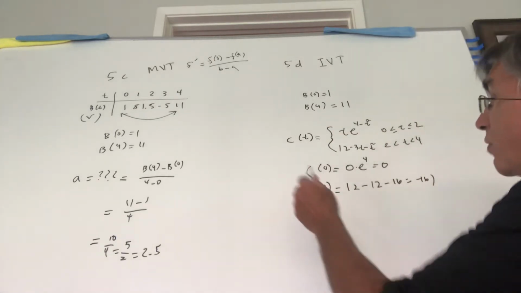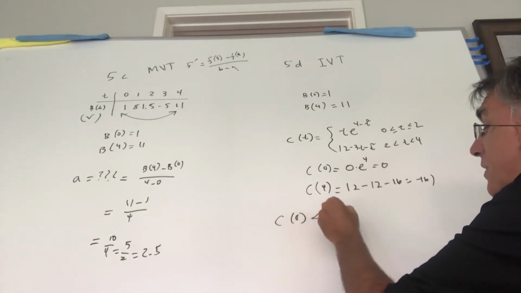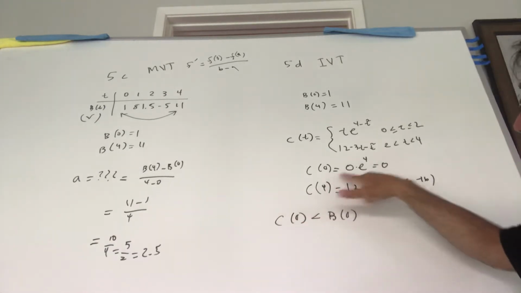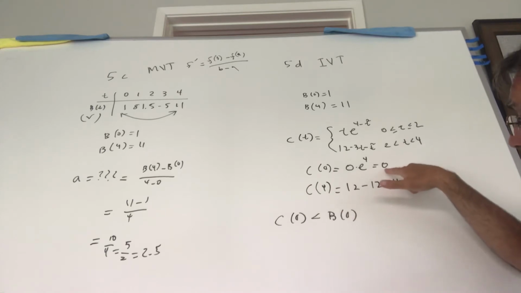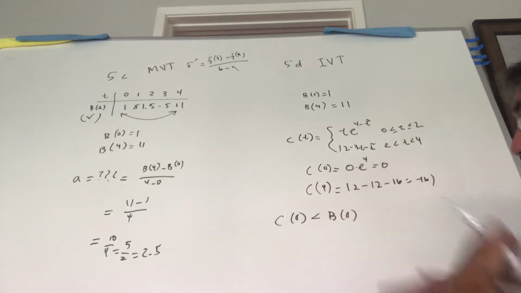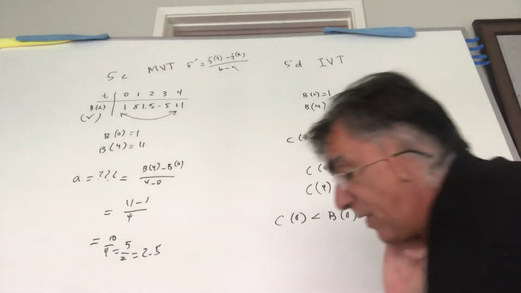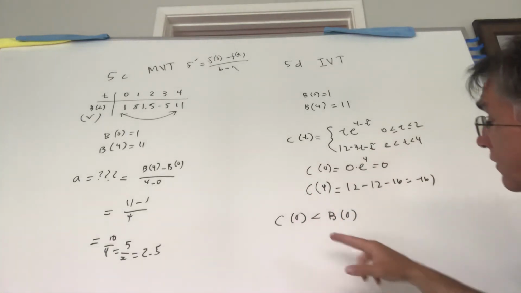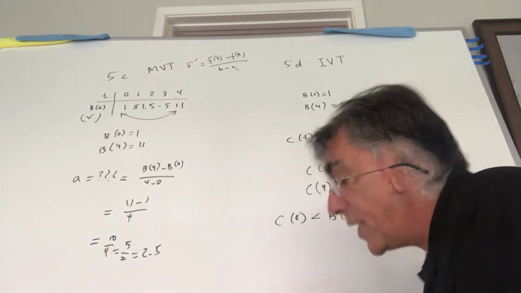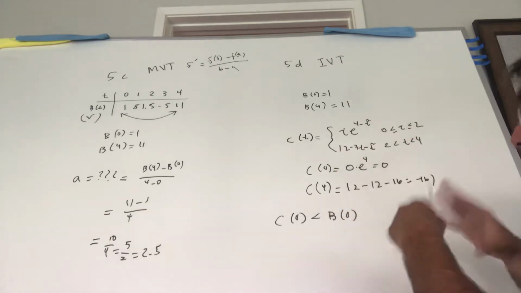So look at what we know then. C of 0 is less than b of 0. The velocity of c was 0, and the velocity of b is 1 when we started. So when the race started, Chloe's velocity was 0, but I think B is Brandon, and Brandon's velocity was 1. But at the end of the race,